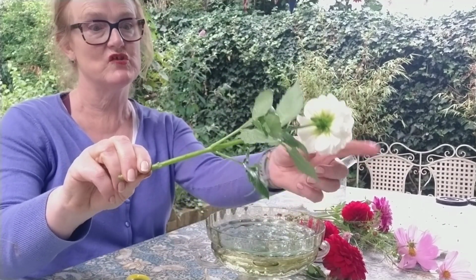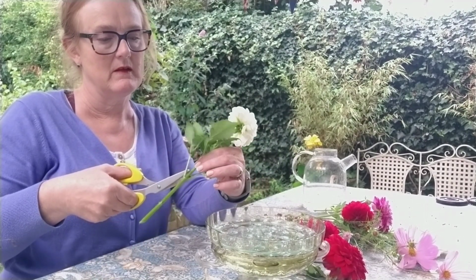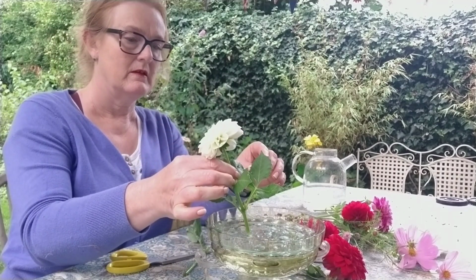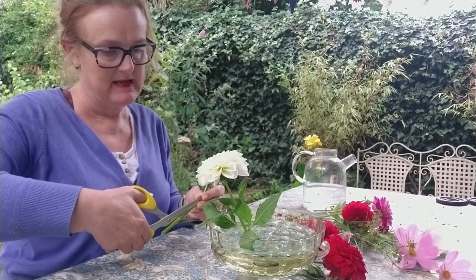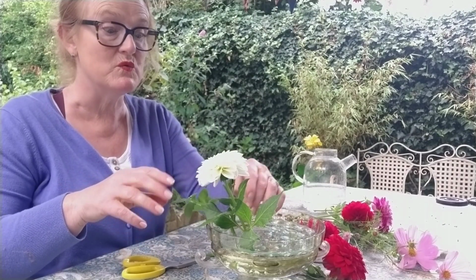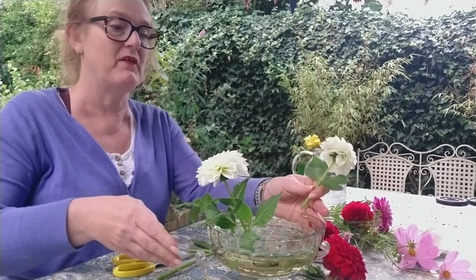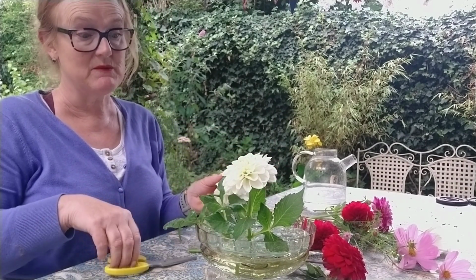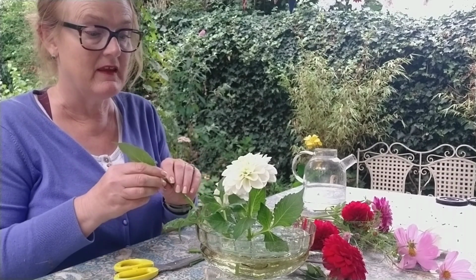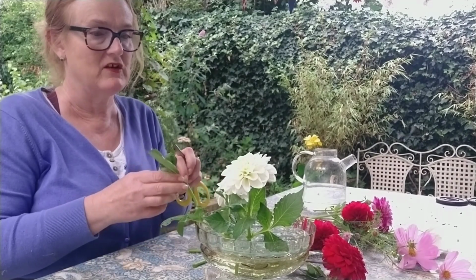So if I cut my short stems even shorter, I will get to the thinner part of the flower stem. Like that, and then they will start to bend towards the outer edge, and keeping a few leaves on means that the leaves will start to diffuse the look, or fill up the open mouth of the container. So rather than a highly considered arrangement, I'm pretty much doing a cut and plonk where I see a gap in the flower frog. I'm going to slide something into it,